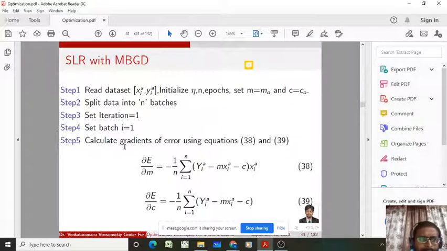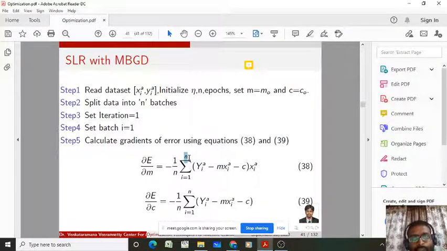What next? We have to calculate the gradient of the error function or half mean square error function, or we can call it a cost function, or a loss function. So we have to calculate the gradients of the loss function, cost function or error function with respect to the model parameter m and also with respect to the model parameter c. So that's equal to, I forgot one thing here, that is we have to keep 1 by 2. It is a gradient, right? So I hope you understand how we are getting this expression. Here actually we have to keep ns. Ns is the number of samples. Here we have to keep ns, that is the number of samples, right?